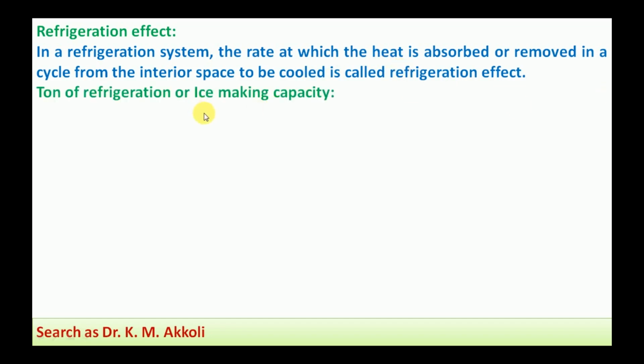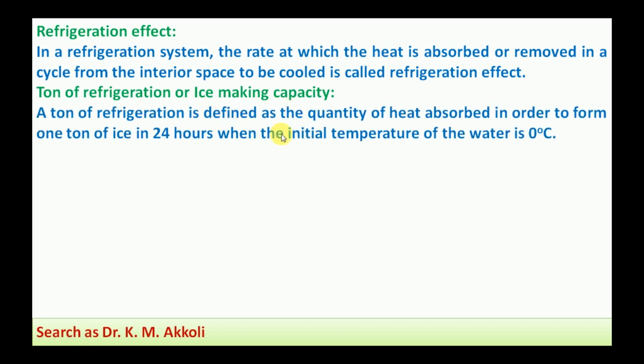Then next, ton of refrigeration or ice making capacity. This is also important. A ton of refrigeration is defined as the quantity of heat absorbed in order to form 1 ton of ice in 24 hours when the initial temperature of water is 0 degrees Celsius. Here the ton of refrigeration, or ice making capacity, is measured in the form of the quantity of heat absorbed to form 1 ton of ice in 24 hours when the water has an initial temperature of 0